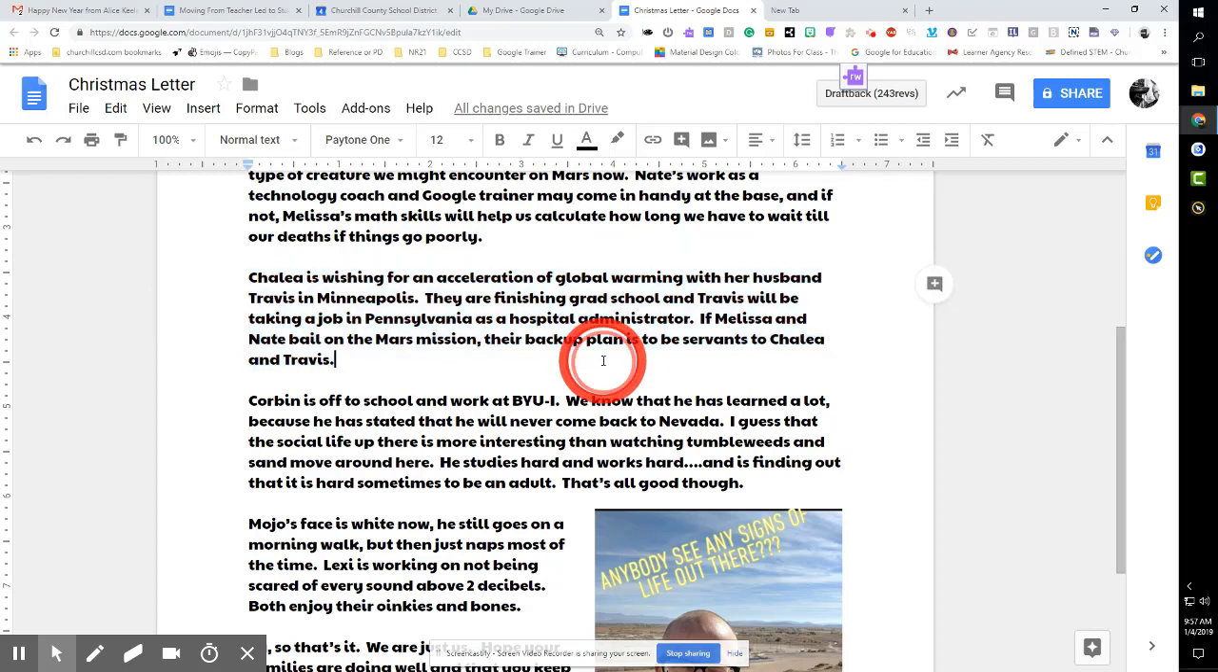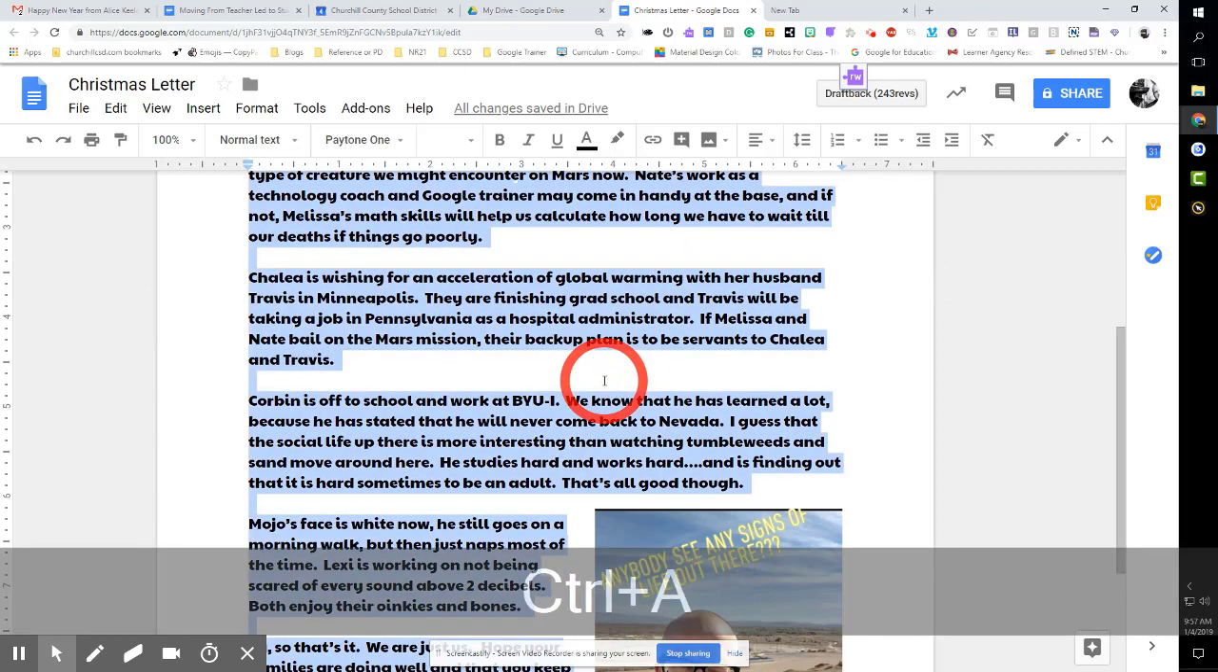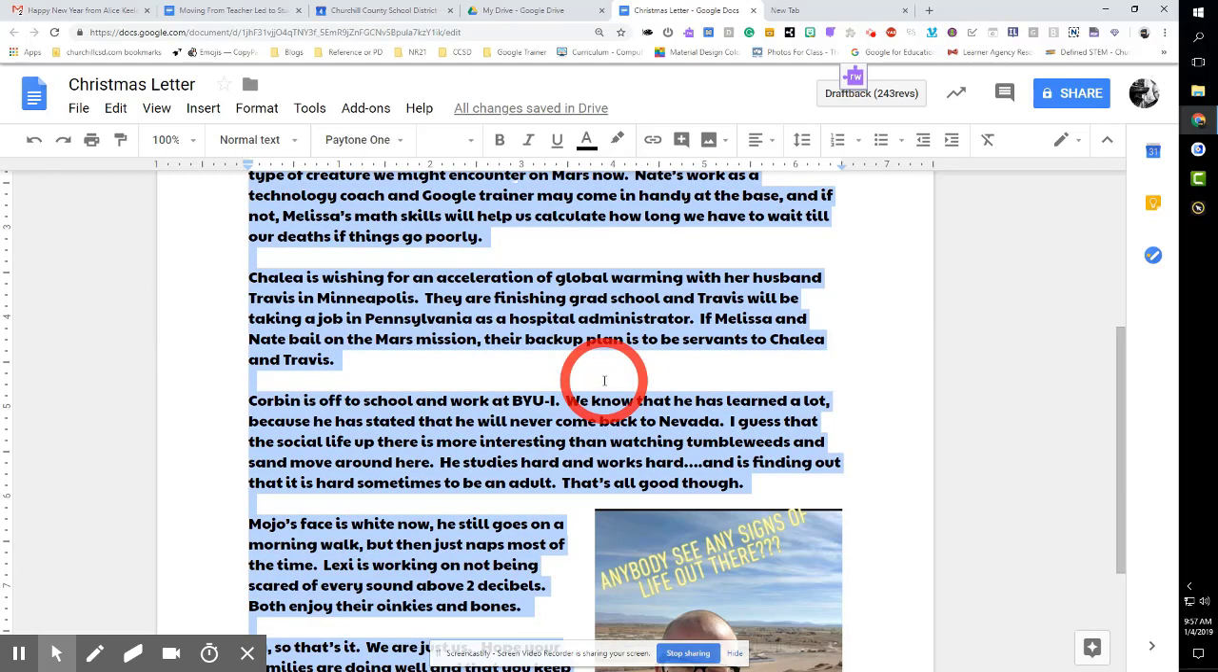I want to select everything I see on a page. Control A is select all. That's great. So if you need to delete something really fast, if your boss is coming in,